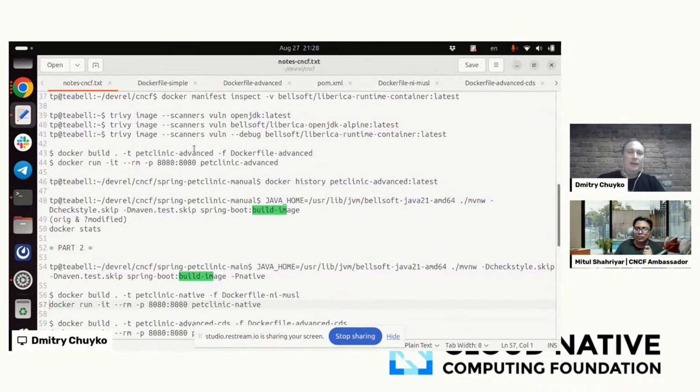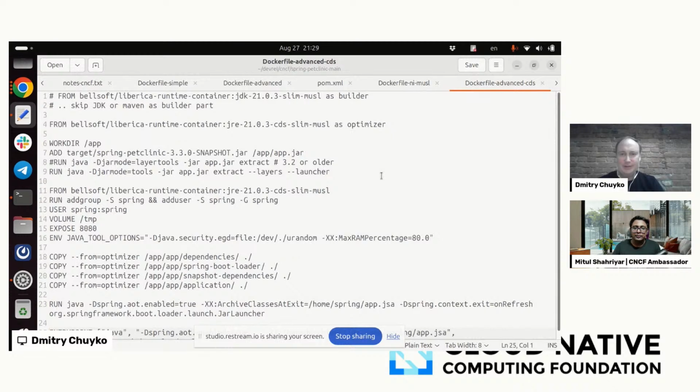But are there any other options to survive or to ease the initial storm when you start your Java applications in Kubernetes or on bare metal? Yes, there are some other technologies that are not so harmful. But again, you have to use special JDK builds for that or special base containers. So the first example here